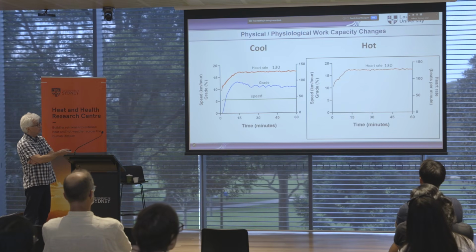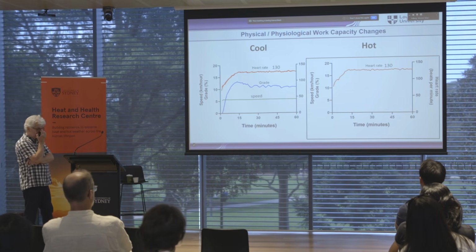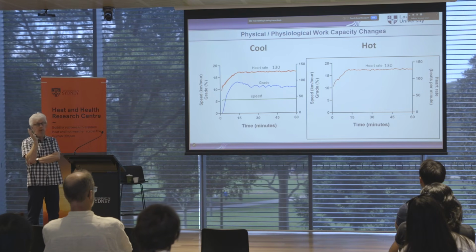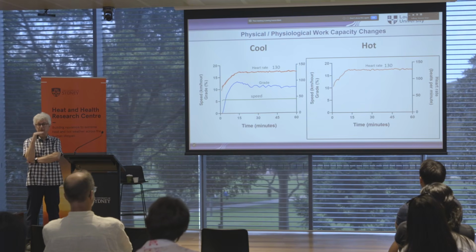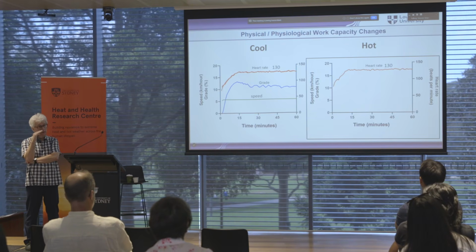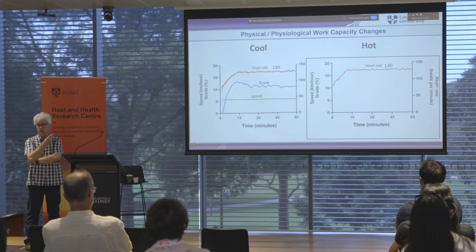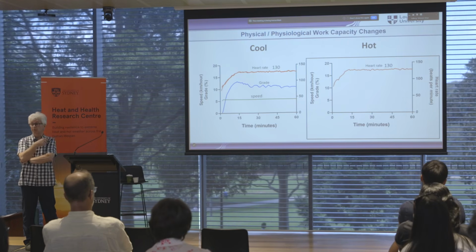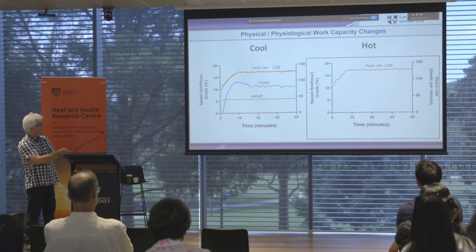Same thing, heart rate goes to 130, and just to say, the 130 is quite a heavy work rate, and the World Health Organization classifies that as the edge between moderate and heavy work. So that's why we went into that region. And also when we did try this at 120 beats per minute, people had to stop very quickly with any activity in the climate, so we were worried we wouldn't measure anything.